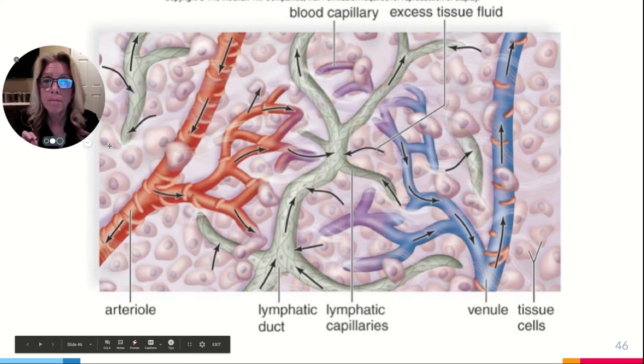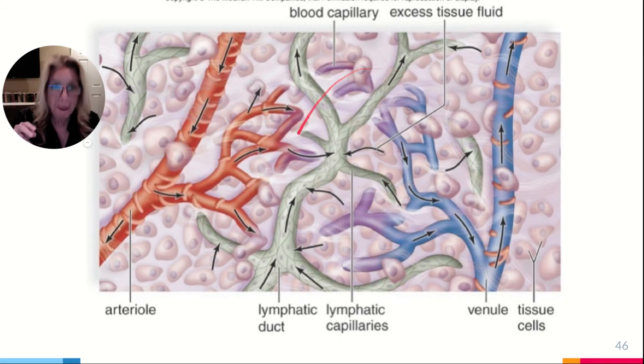Now, here's your capillary bed. Here is an artery, arterioles, capillaries in the middle. Then you have venules and you have veins. Here in the middle of this capillary bed, you're seeing lymphatic capillaries. That has to do with your lymphatic system, and its job is to pick up any excess tissue fluid that is surrounding these cells. It gets put into these lymphatic ducts and brought back through lymph nodes, where your T cells and your B cells are checking to see if there's any infection, and then they'll return that